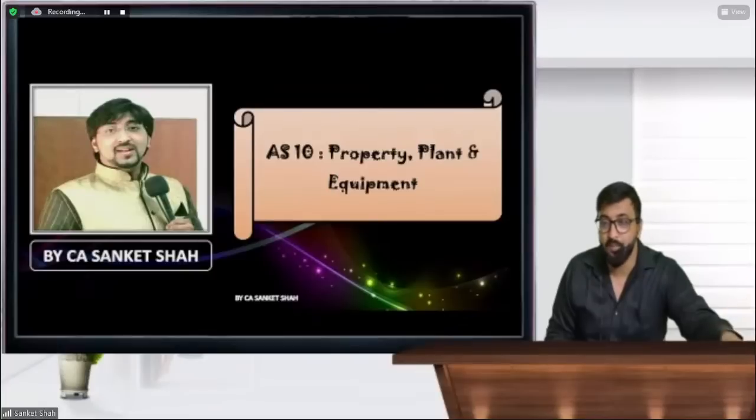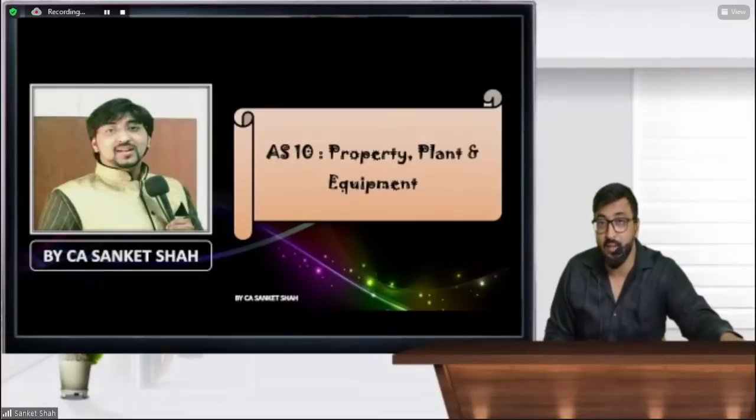Fixed asset consists of tangible and intangible assets. But friends, intangible assets are already covered in accounting standard 26. So it should not be like tangible assets. So to have the same name as IFRS and IAS